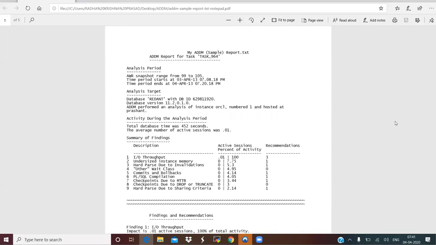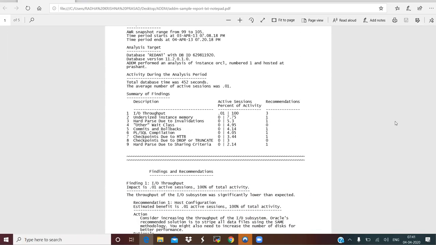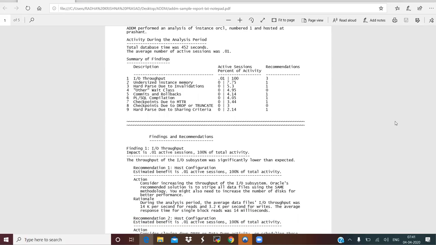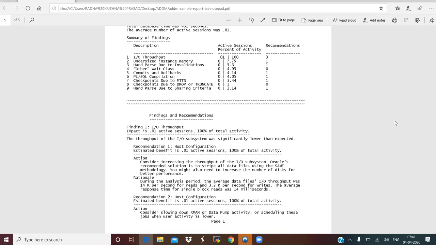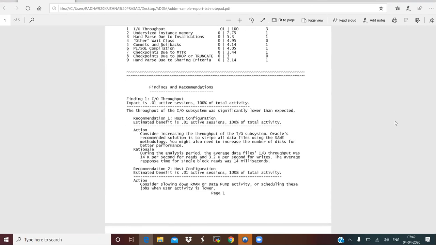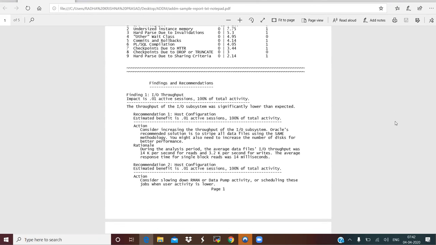But the report that you get in Oracle 19c with Cloud, or 12c, or also version 18, has a very good format which can clearly tell you what is the finding, what is the recommendation, and what you need to change to improve the